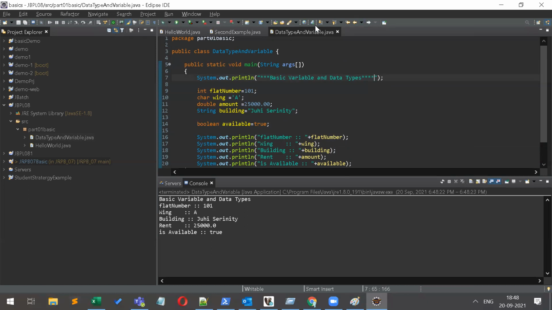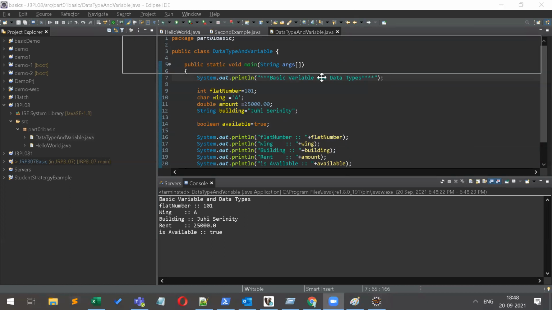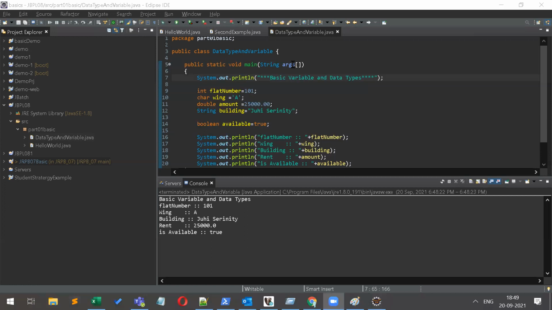Suppose I have given integer here, then this method can only take integer values, not any other. Today we haven't seen any user input, so that will not be feasible here. Tomorrow we will see user input, so you can understand why we are putting a string and the arguments and all.